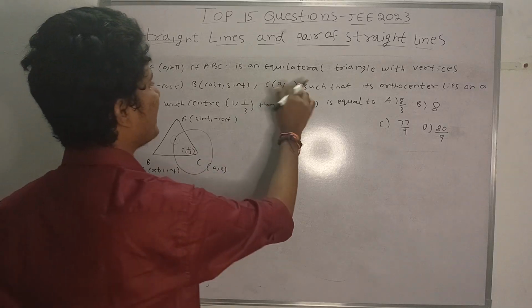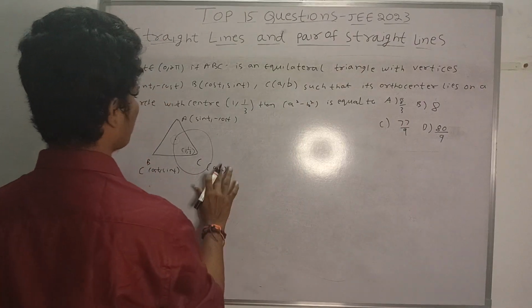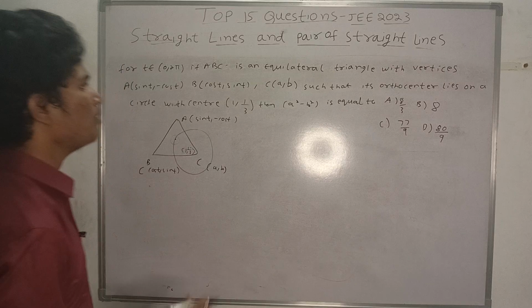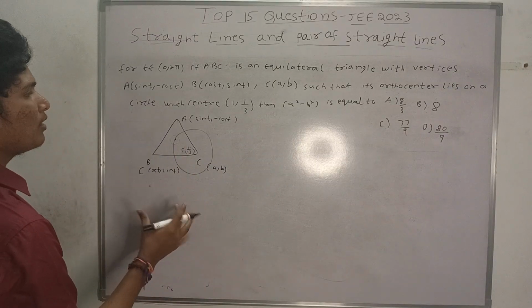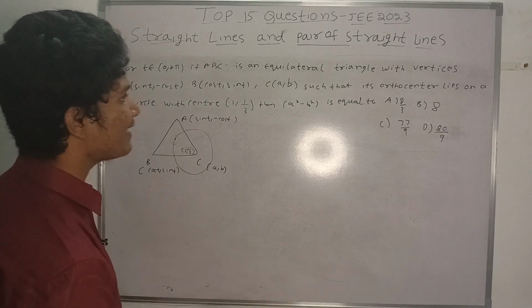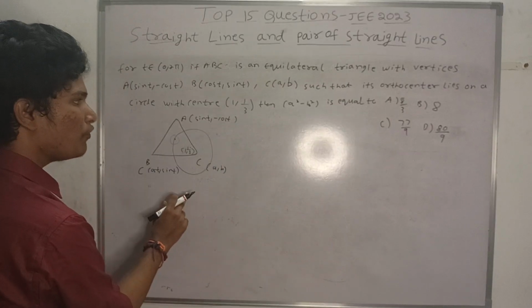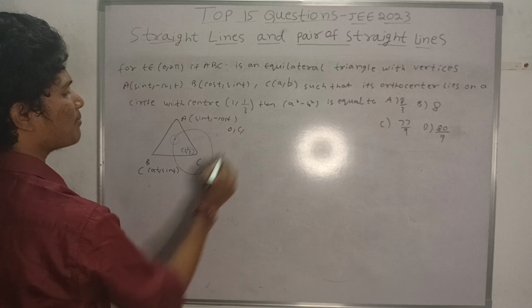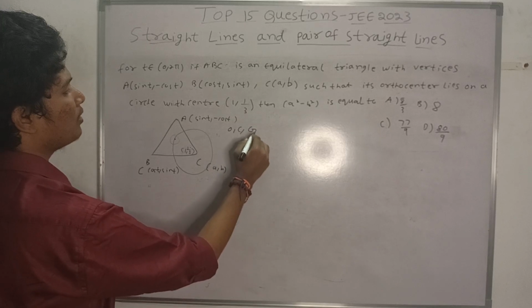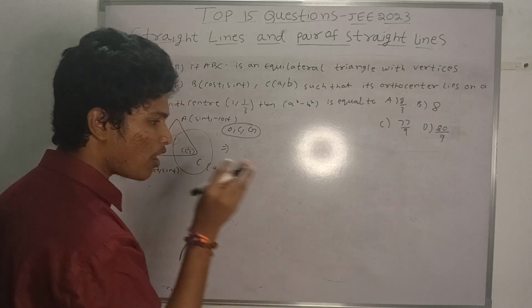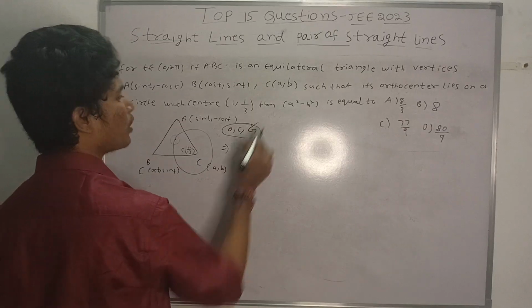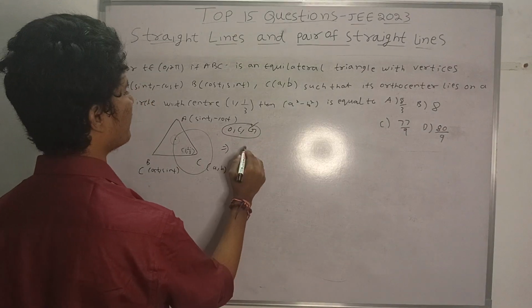Here it is not 3, it is B here. So we have to find A square minus B square. Now I am finding the orthocenter, but there is a trick here. It is an equilateral triangle. We all know that the orthocenter, circumcenter and centroid are all the same point, that is, they coincide on a single point. So we can find the centroid here directly. What is the centroid here?